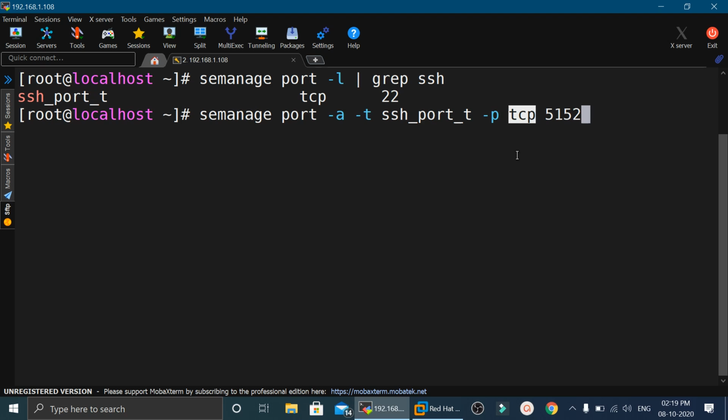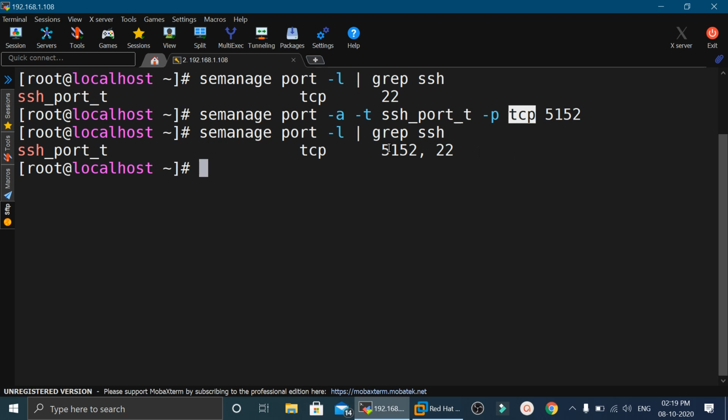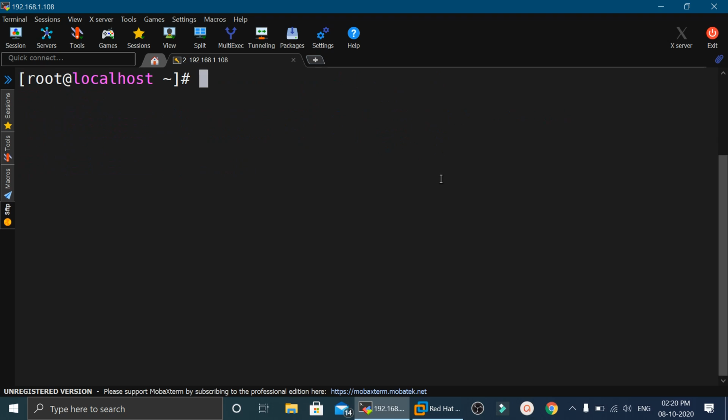So here we will mention 5152. Press enter, and now this new rule will get added to the SELinux policies. And now if we execute the semanage port -l command and grep ssh there, we will find port number 5152 there.